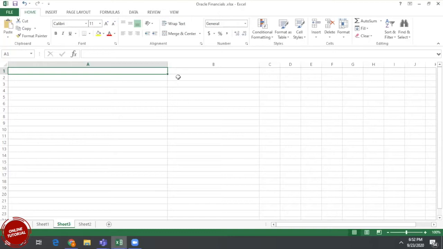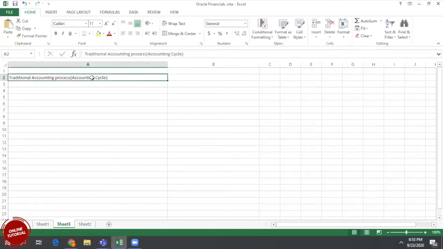As a financial consultant, what is the accounting process? If you go with the very traditional accounting process, what is it? Any guess? Traditional accounting process, what do we need to do? What's the accounting cycle? I can say accounting cycle. For example, how are we doing it manually? Debit and credit.